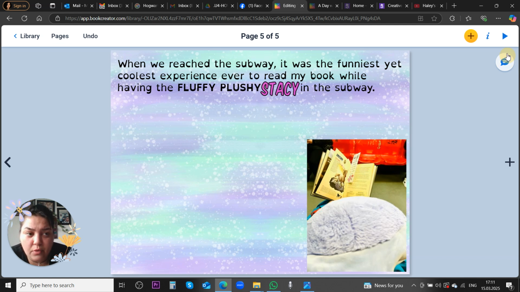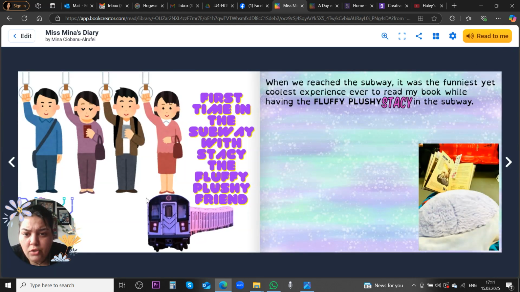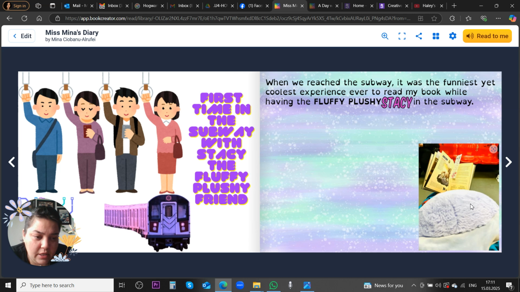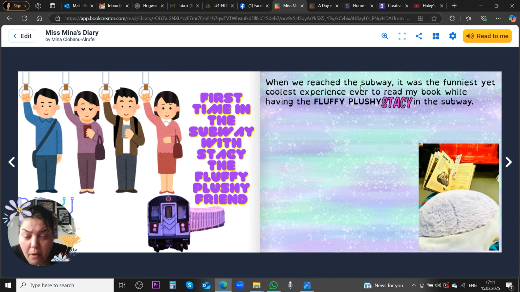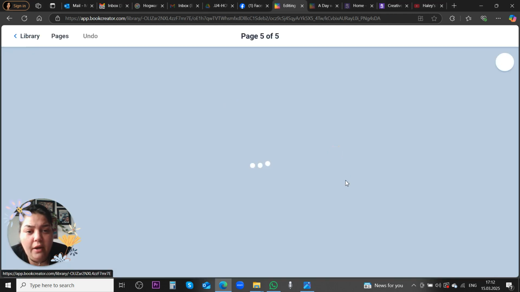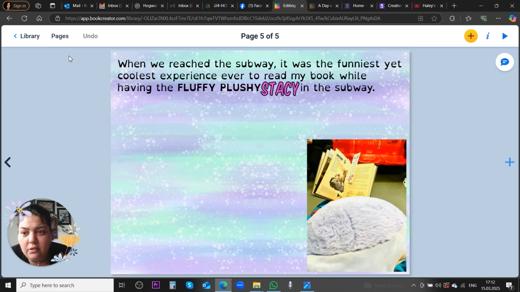I just want to show you how it looks when I click play. So on this side, I have first time in the subway with Stacy, the fluffy plushy friend. And I have a picture with Stacy on my lap reading the book, my book. I'm reading the book, of course, not Stacy, but it was just very weird. So let me show you the entire book from the beginning,